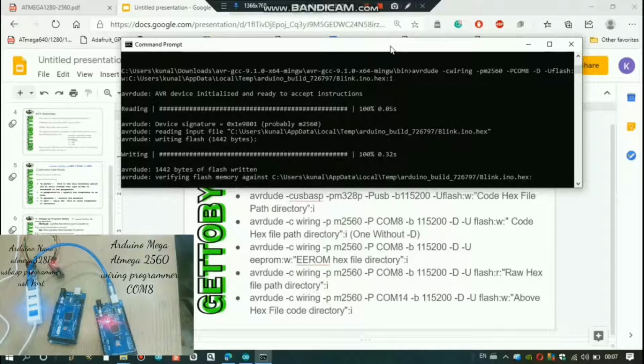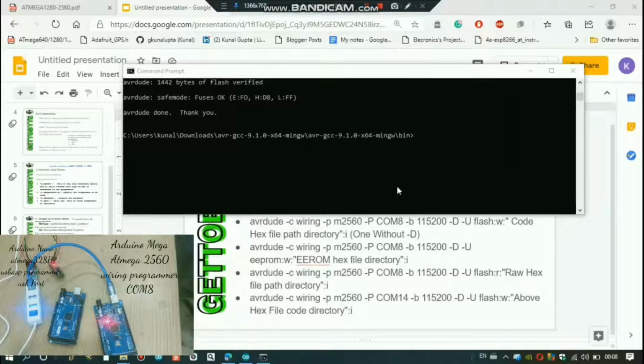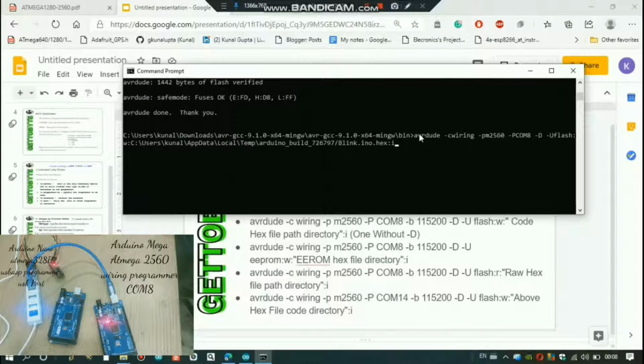Okay, so now moving forward, like we have written on the flash memory, similarly we can write on the EEPROM memory also. So same, using the Arduino Mega only, because we are experimenting with the Arduino Mega cable, so we will get to know more, because most of the people will be having this Arduino Mega only.